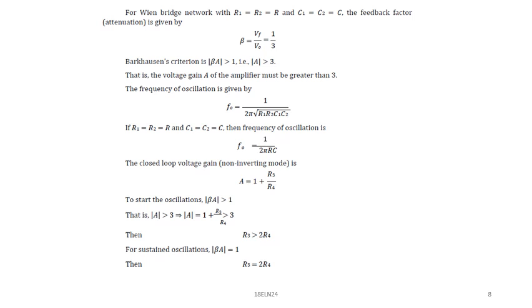And the third difference is in the feedback network you are using 3 RC stages and each will provide a 60 degree phase shift, whereas in the Wien bridge oscillator you are using a lead and lag network. The lead network will provide 90 degree phase shift and the lag network will lag by 90 degree. So total phase shift is 0. Then the fourth difference is one is in a non-inverting mode, the other one is in an inverting mode. So in the RC phase shift oscillator you are using inverting mode and in the Wien bridge oscillator you are using the non-inverting mode.